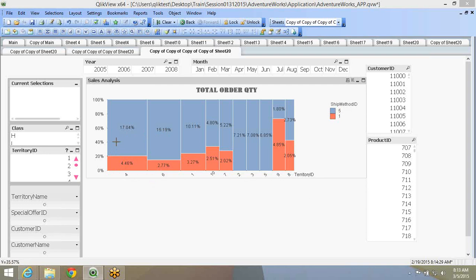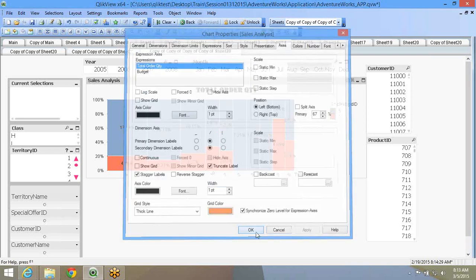Within the dimension, it will show you the share of the next dimension, ship method.